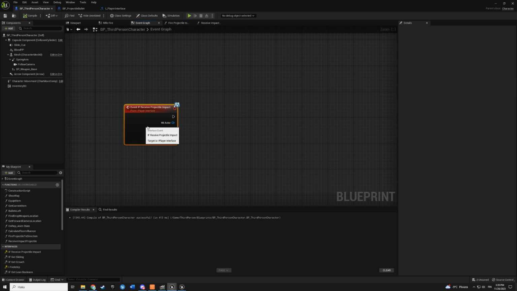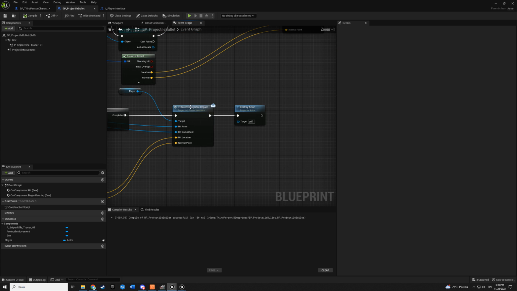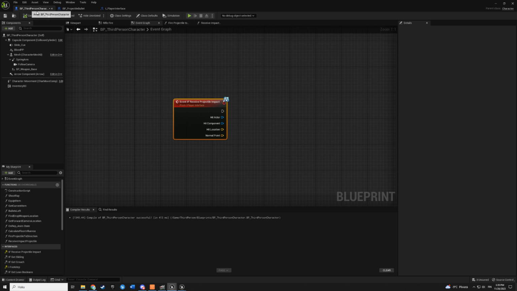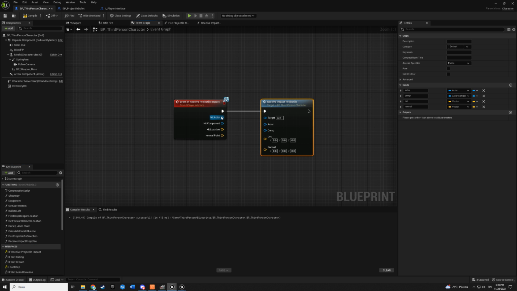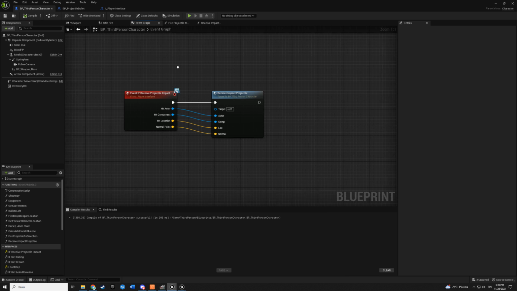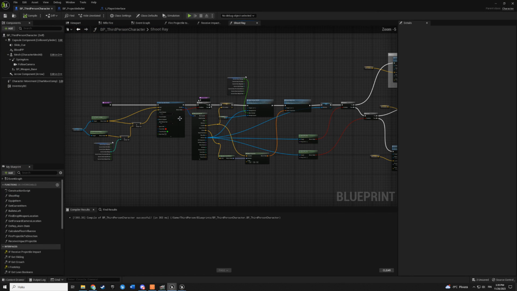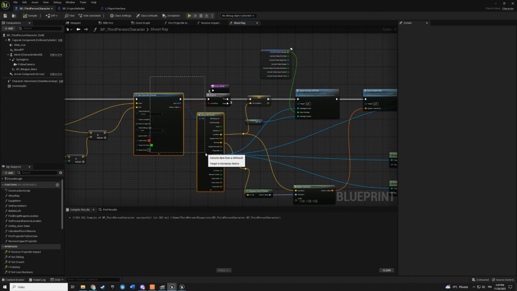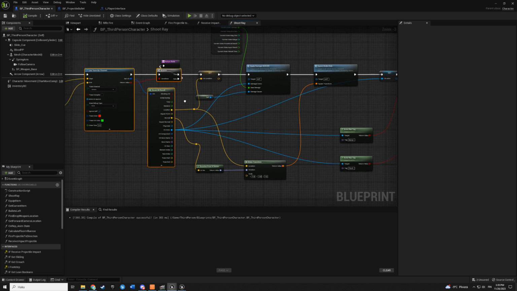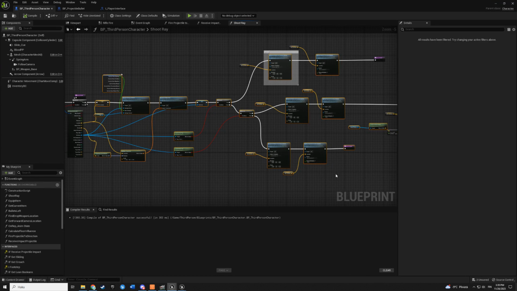Go to event graph, and we have that interface event, and this is fired always when these are fired. So we can call that our function here and connect these pins. What we can do now, we can do basically same what we have in our shootray function. So this part we have done because we are shooting that projectile, but what happens after that is what we want to know.